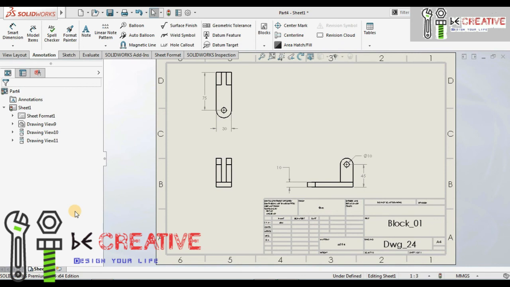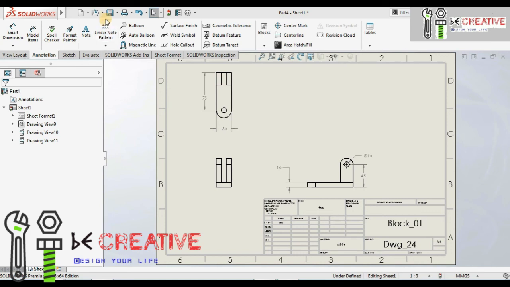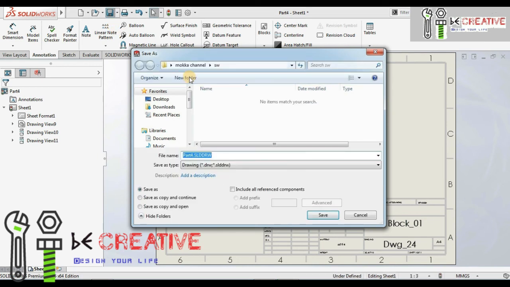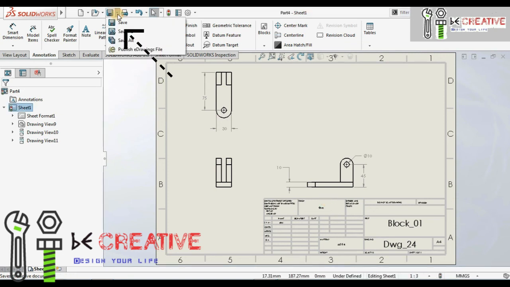In this video, we are going to learn about how we can convert the drawing file into PDF and image format. Initially, we have to save the drawing. After that, we have an option at the drop down of the save button. If we click on that, we have an option called save as. If we select that option,